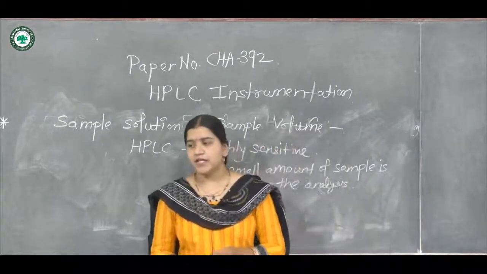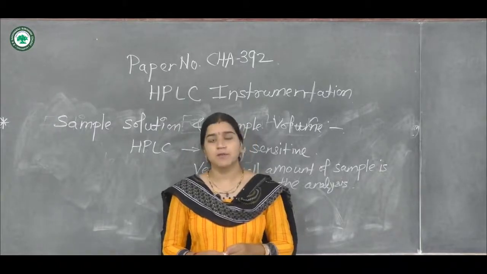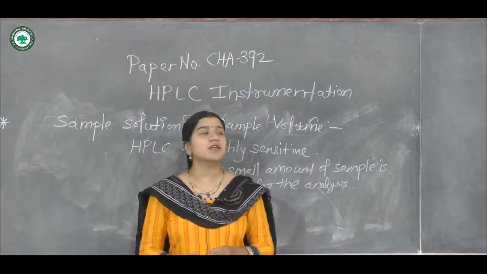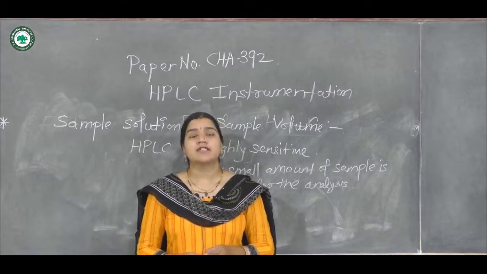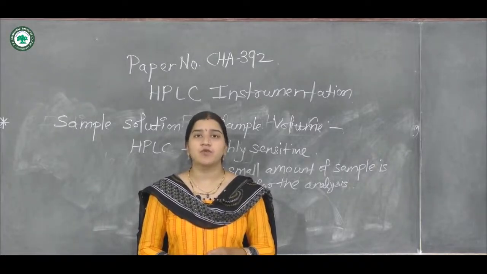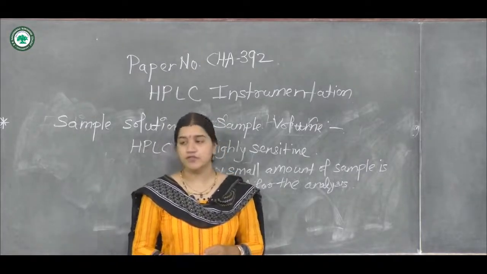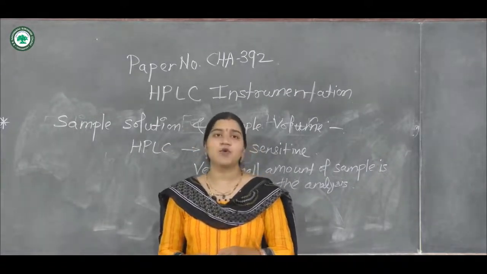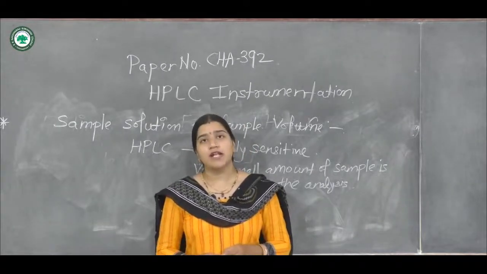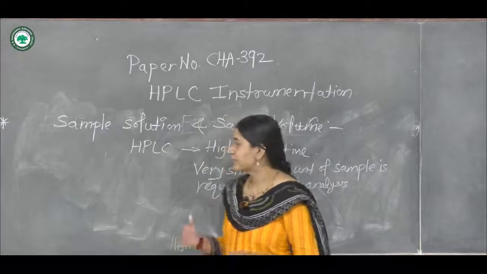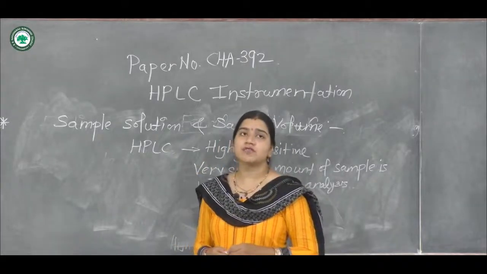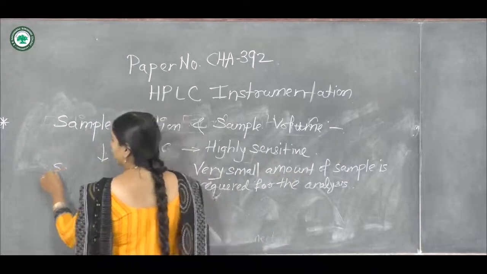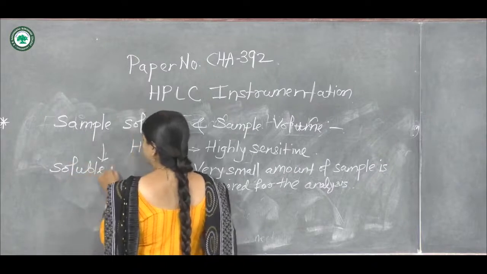So in case of HPLC, while you are selecting the mobile phase, you have to consider the different parameters. Similar to that, whenever you are considering the sample, your sample should be completely soluble in the mobile phase. This is the prerequisite condition for selecting the sample, because the sample as well as the solvent should be properly mixed together in order to analyze by using the HPLC system. Hence, whenever you are using the sample solution in HPLC, your sample solution should be completely soluble in the mobile phase.